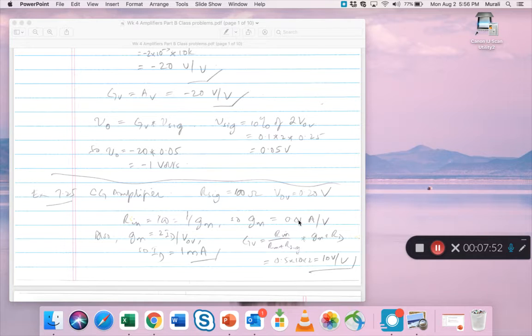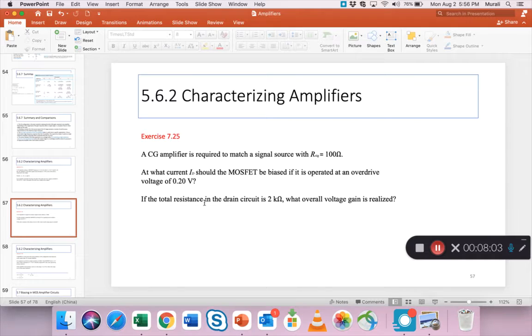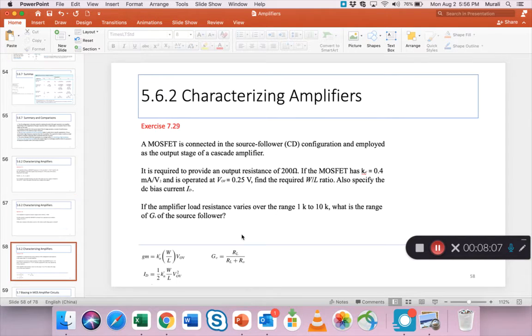Yeah. So if you multiply all that, you should get 10 volts per volt as the gain. Yeah, the total resistance in the drain circuit is 2 kilo ohms. Alright, then we move on to exercise 7.29,